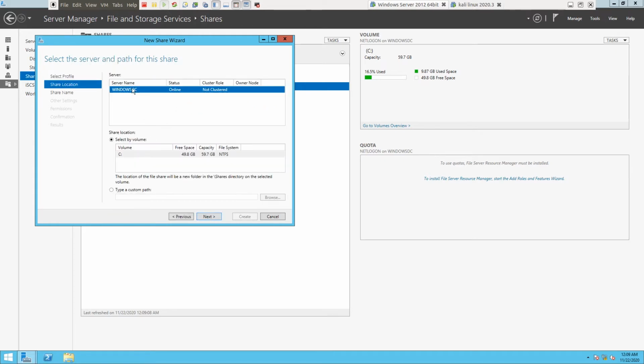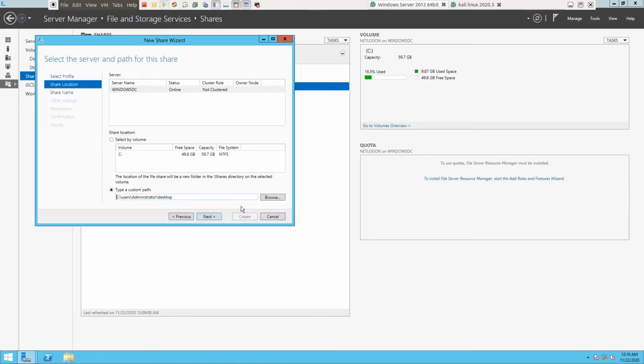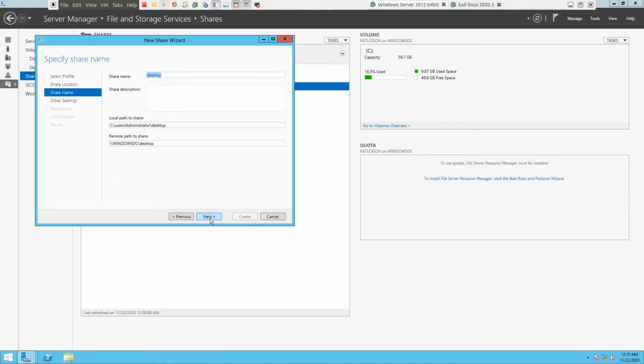Now you can see the server name, and it's asking for a volume to select, but we do not want the entire volume to be shared, so we choose the custom path and browse for the folder we want to share. I'm going to share the desktop folder, just for demonstration: users, administrator and desktop. Now select folder.